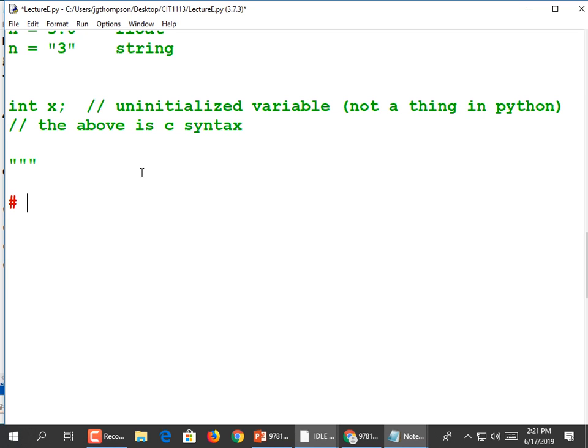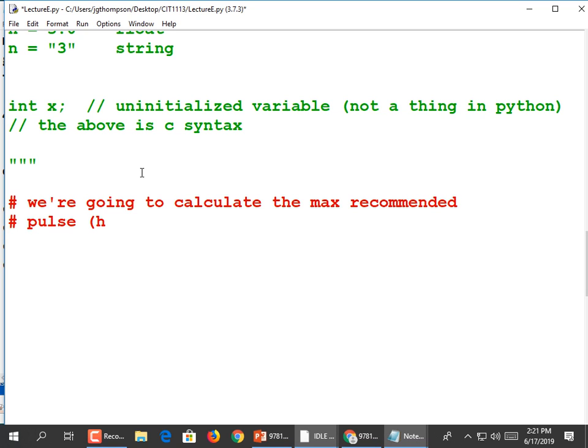So we're going to calculate the recommended maximum aerobic heart rate based on age. The formula for that is